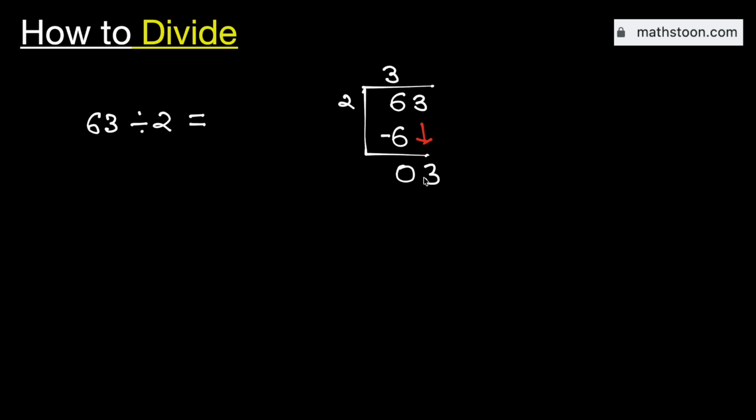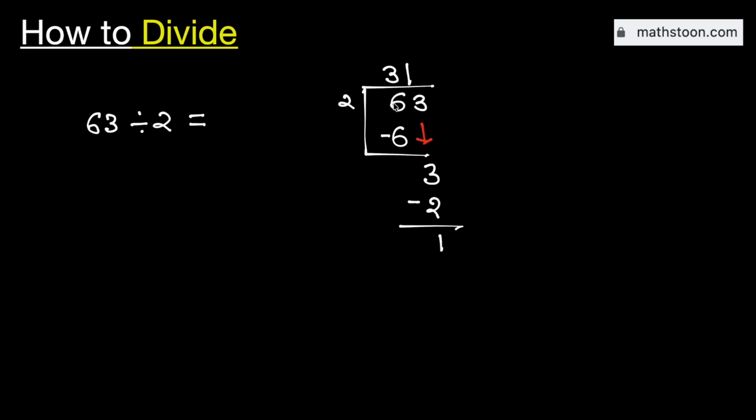Now see that this is the number 3. So we will remove this 0. And we know that 2 times 1 is 2. Subtract, we get 1. Now see that this one is less than 2, but we have no number to bring